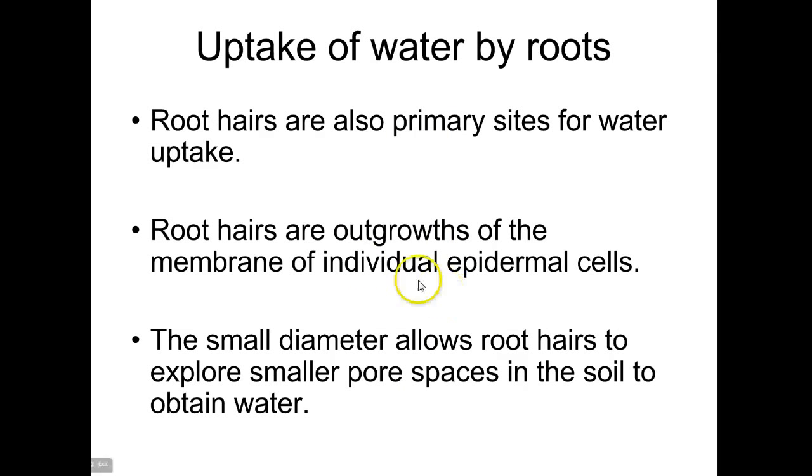And they are actually outgrowths of a single cell, with a small diameter. You can get a lot of them in there, and you can have a lot of water absorption. Now, of course, there's all kinds of different roots, depending upon where the plant came from. Yes, sir. Now with mycorrhizae,